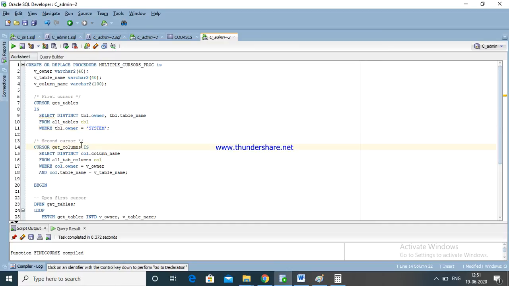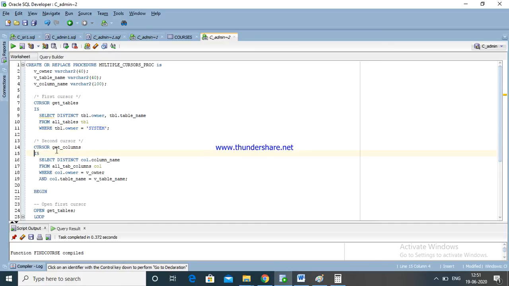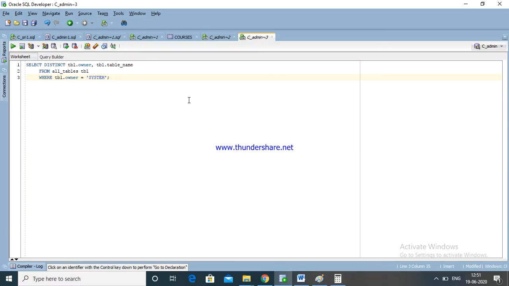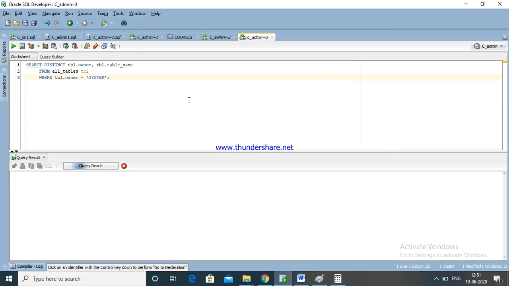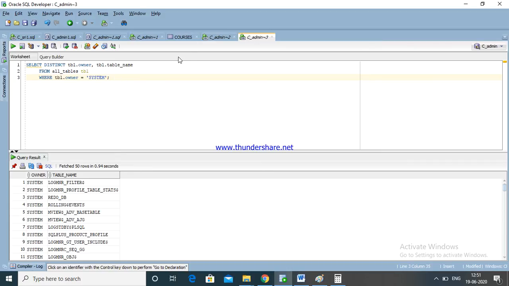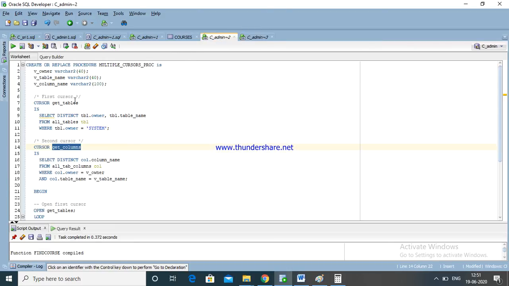Again, get columns, this is one more cursor. Just take some other SQL query, just paste here, run. Here this is a cursor. Here he created get all tables. In the same way, another cursor.